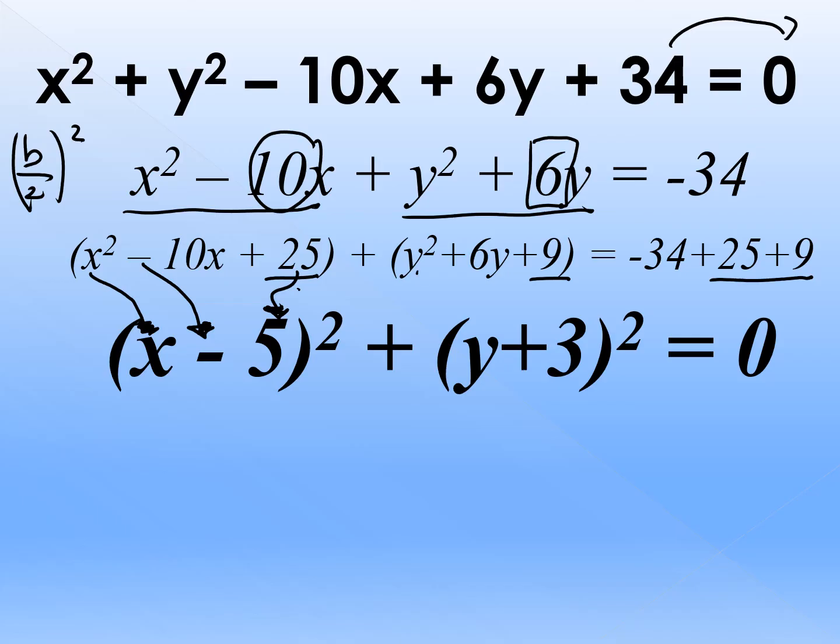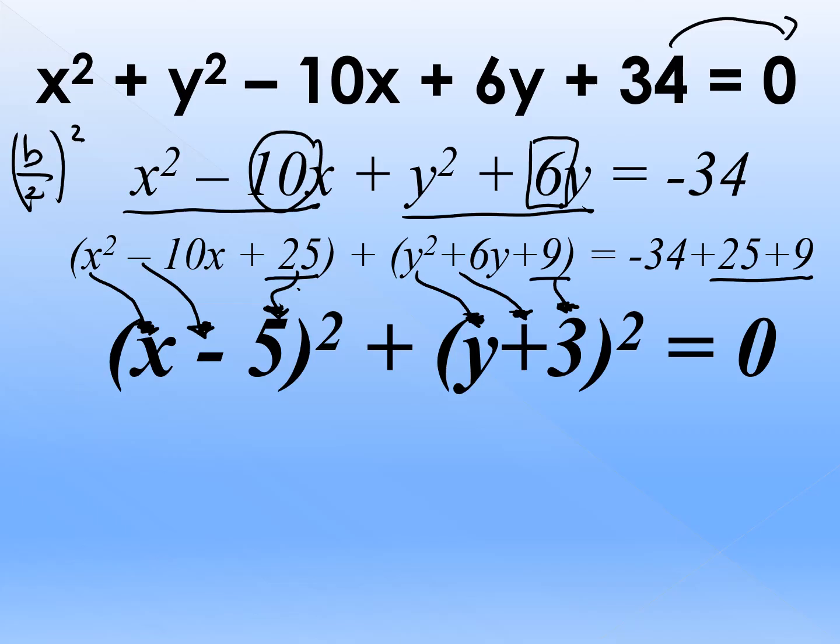Next, on this part, get the square root of y squared, which is y, get the square root of 9, which is 3, and then copy the sign of the middle term, which is positive. Therefore, we have quantity x minus 5 squared plus quantity y plus 3 squared equals